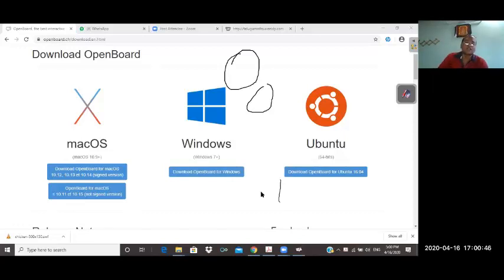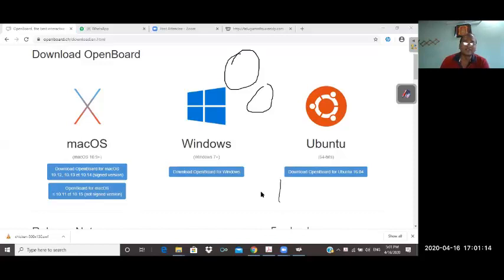Otherwise, if you want to work in Windows XP, I shared a Google Drive link with Kalpana. She will share that link with all of you in that group. Then you can download that software and install it in your systems. If you have any trouble, let me know through WhatsApp.